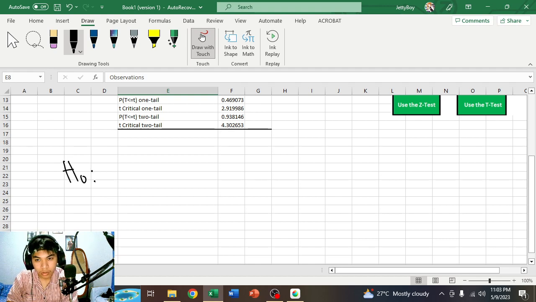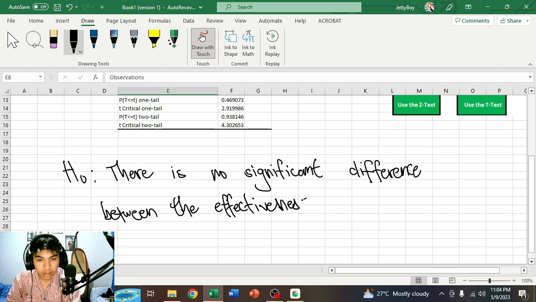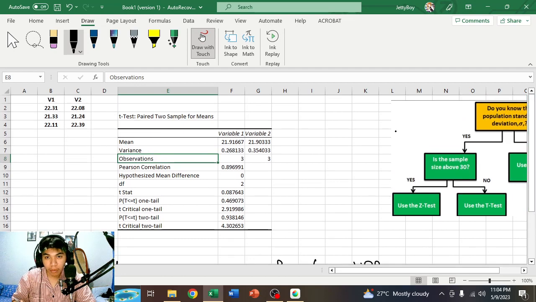H0: There is no significant difference between the effectiveness, since we are dealing with the effectiveness, of A and B. Whatever you input there for A, that would be your hypothesis. Okay. Since that is our hypothesis,